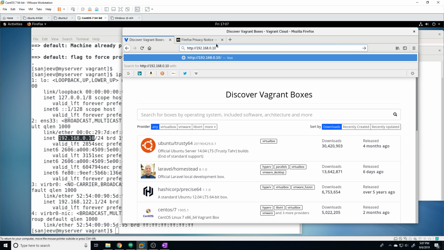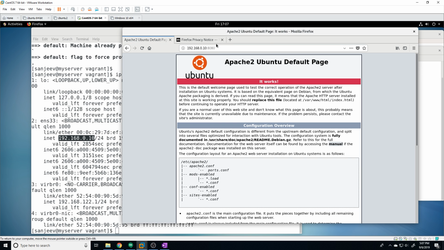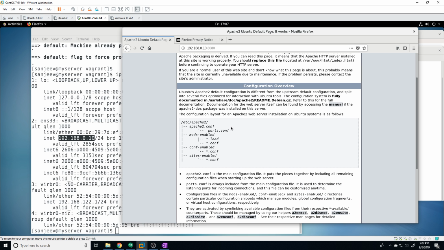And then send it to port 8080. You can see that it properly maps it to our guest machine, and we can see the default Apache homepage. So this confirms that it's working, and hopefully that gives you guys a little better understanding of how the default